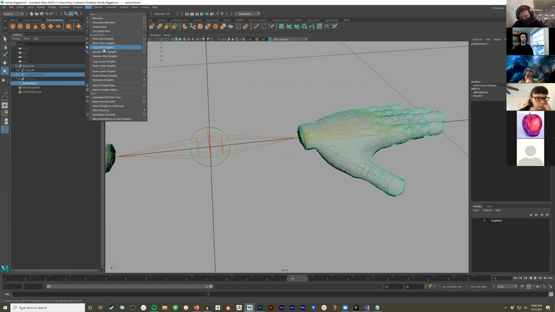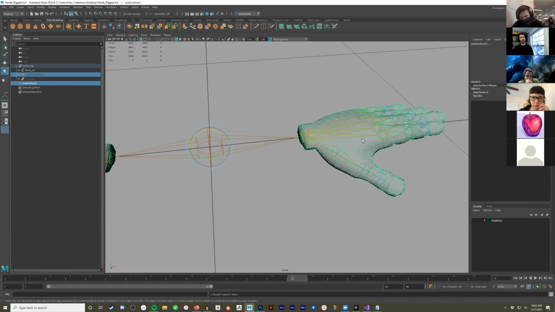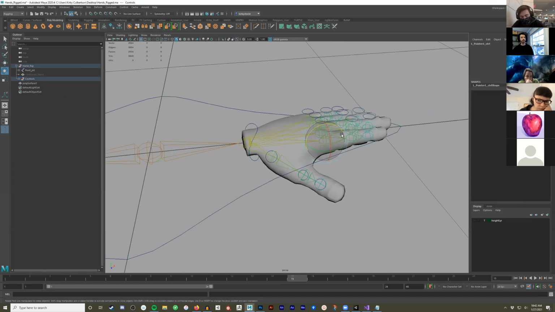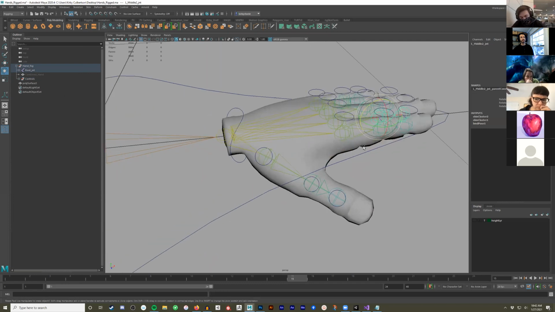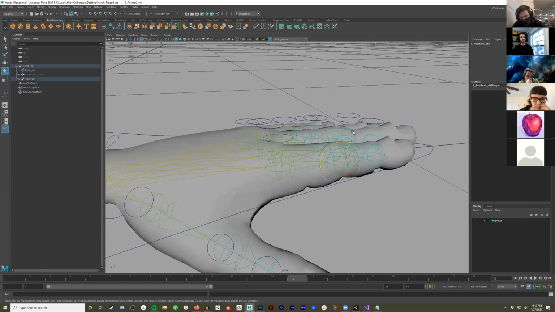And if you did that, it would, in theory, fix stuff. So it'll basically copy over all the work you've done. So now if I come in here and I move this, you can see that this finger is no longer all janky, which is good,